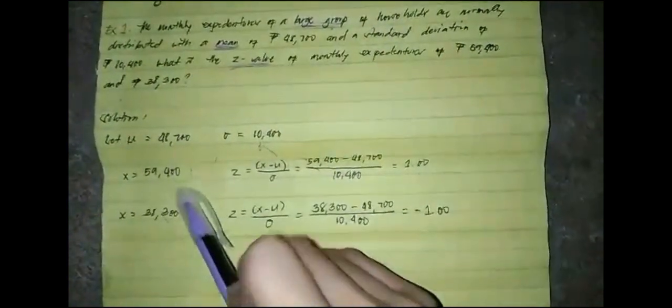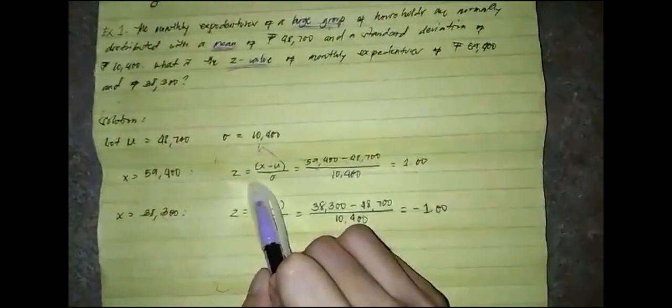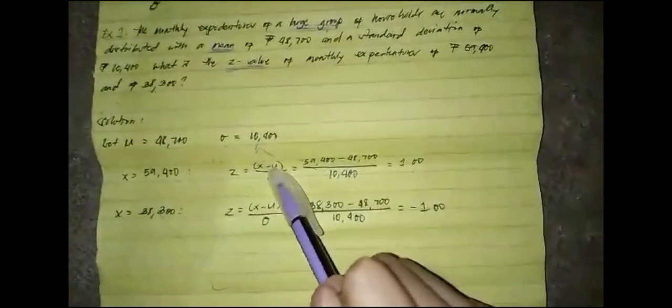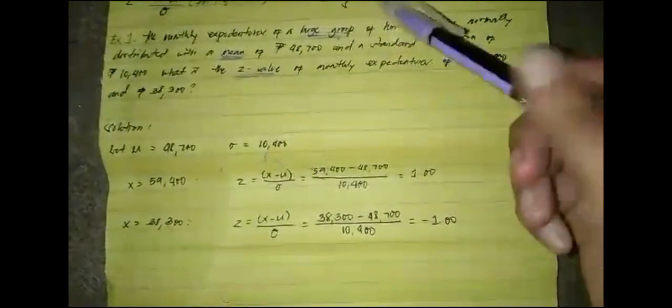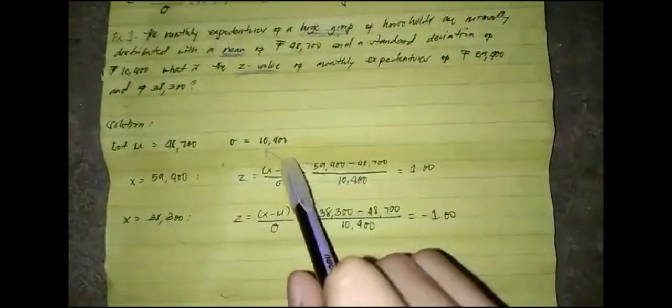So, first, this 59,400. The formula we used to find the Z value is the formula for the population, since the problem mentioned the words large group. So, copy the formula, then substitute